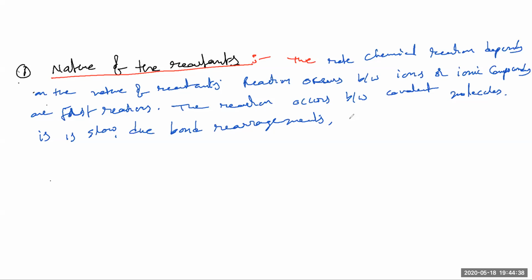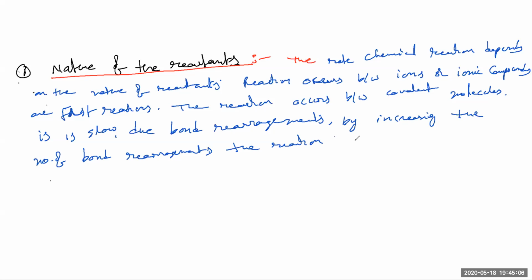By increasing the number of bond rearrangements, the reaction becomes slow. So bond rearrangements is inversely proportional to rate of reaction. See, for example,